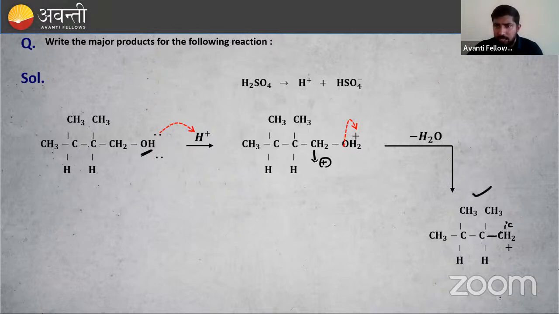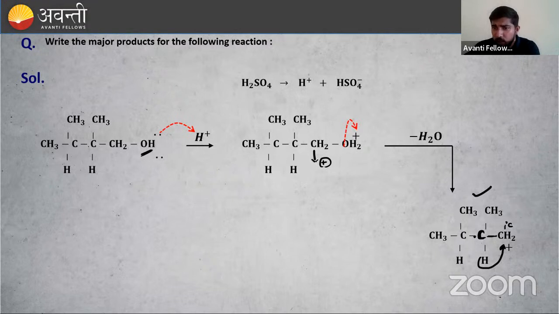Let me explain with an analogy. This is your family, and this is your uncle with a positive charge. If I do some rearrangement, the whole family will be very stable. This is your father, who says my son is not doing anything, simply eating, so I will send my son to your house. Then the whole system will be more stable. Your father sends his son to the uncle's home, and he will be in a very peaceful state of mind, right? So this hydrogen is going to the uncle's house.